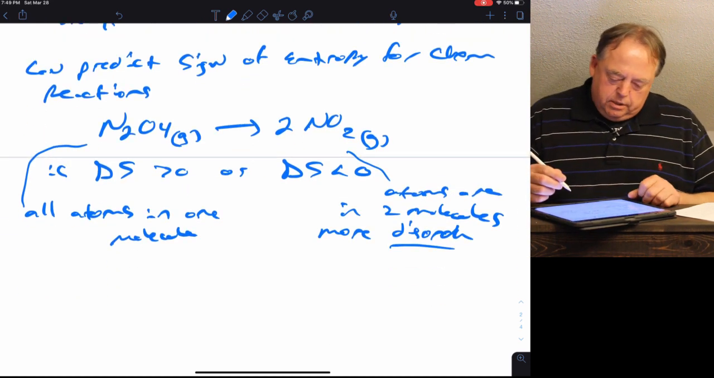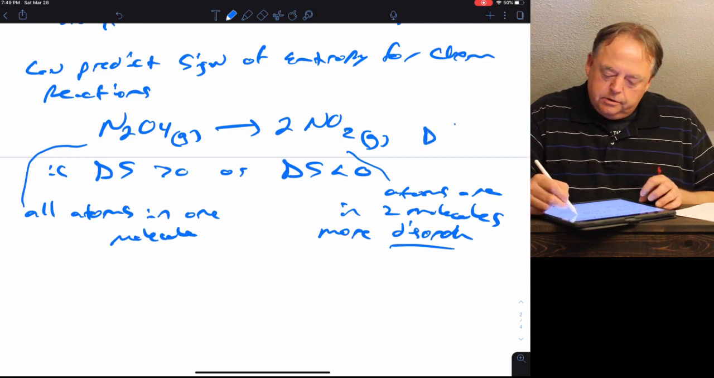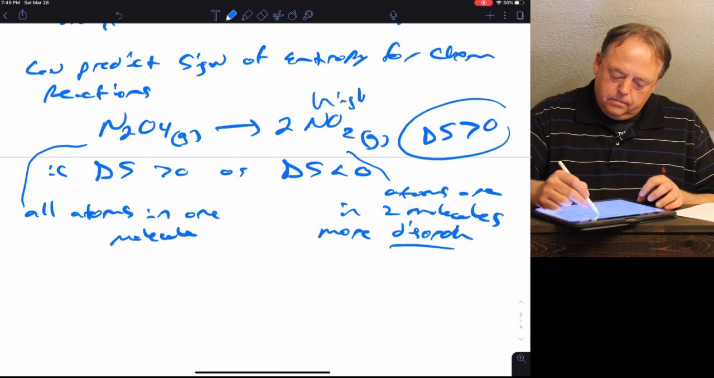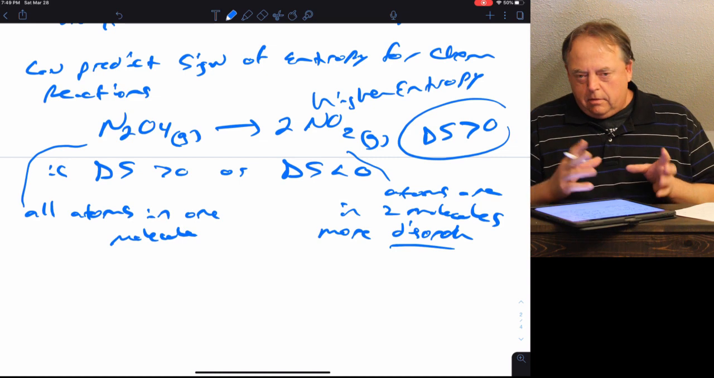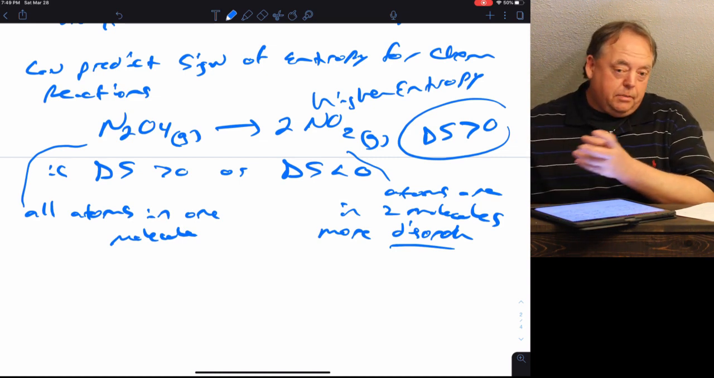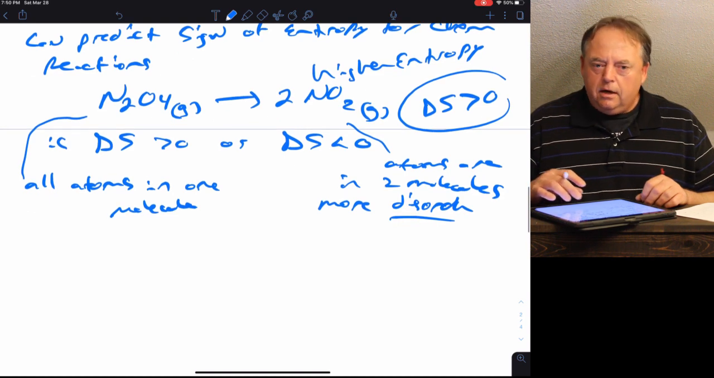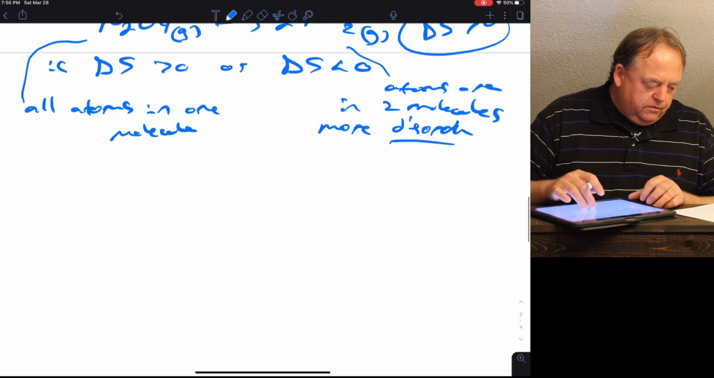Right, so the right side would be of higher entropy and the left side would be of lower entropy, so in this case delta S would be greater than 0. If you take a molecule and break it apart into smaller pieces, that's going to increase the entropy, and that's going to be a positive entropy change. So if we take a few more examples,